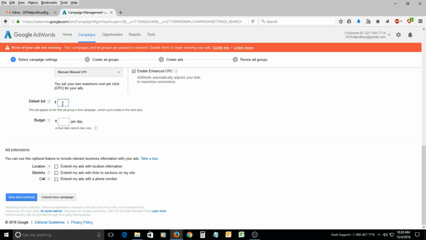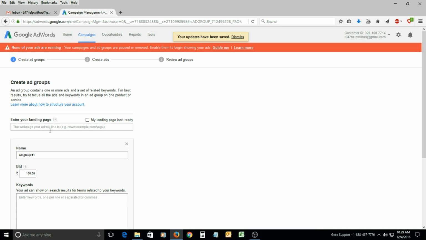now the budget you can set up. Let's say manual bid, I'll keep 150, because nowadays most of the support companies are offering service, so the bid is a little higher. So the budget every day I can keep 2500 rupees. And this is what I do. And then you can use this option feature below the location, if you want to extend your location, but mostly you don't do anything with it. Now I select it here, save and continue,